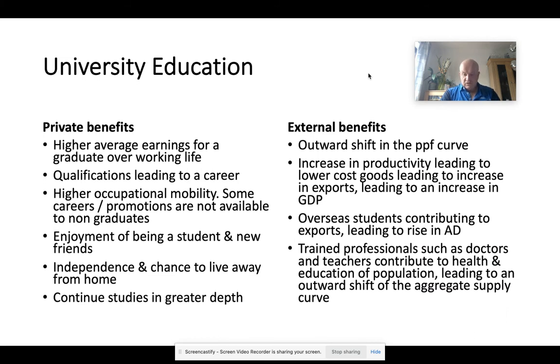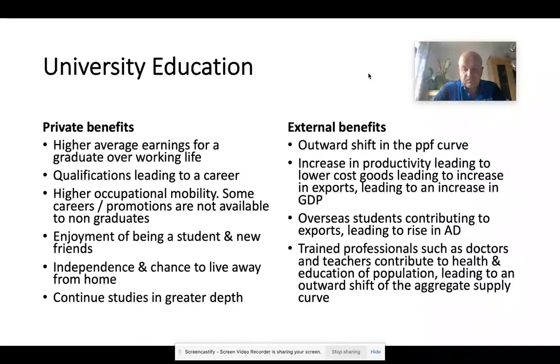effectively, the more graduates that we have, the greater we have potentially for our production possibility frontier curve. Okay, so an outward shift in supply because labour and the quality of labour has actually significantly improved. What could that lead to? It could increase productivity. That could mean lower cost goods, which could increase your exports, leading to an increase in GDP. So you can see how the external benefits of higher levels of education can make significant contributions to the